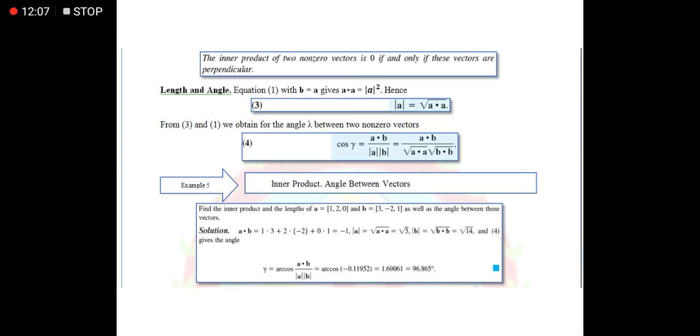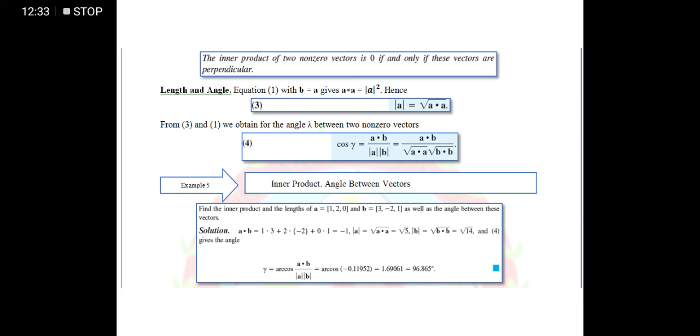All we have to do is to multiply their corresponding components. As you can see here, we have 1 multiplied by 3, 2 multiplied by negative 2, and 0 multiplied by 1. So, as you can see here, the value is negative 1. And then, to find the absolute value,